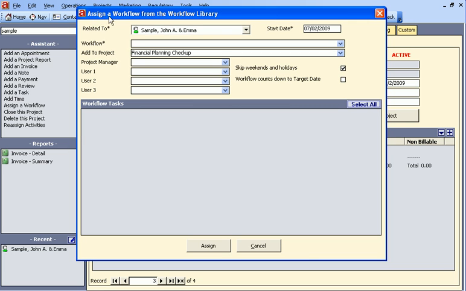The Assign a Workflow from the Workflow Library dialog box will appear. Notice the Start Date field on the upper right side of the dialog box. All tasks in the selected workflow will be assigned a due date based on the start date entered. The Start Date field defaults to today's date. You may enter a different day if you wish. In the Workflow field,